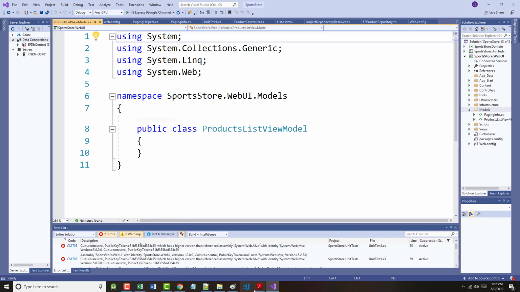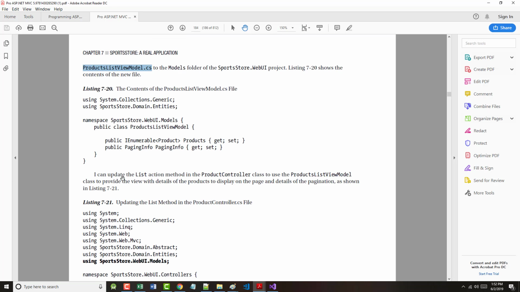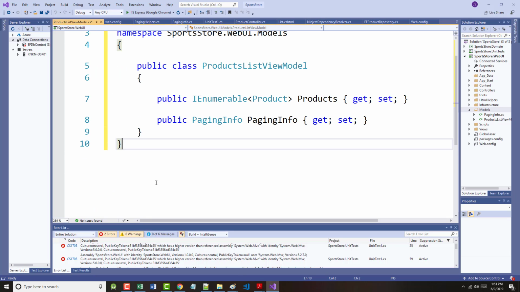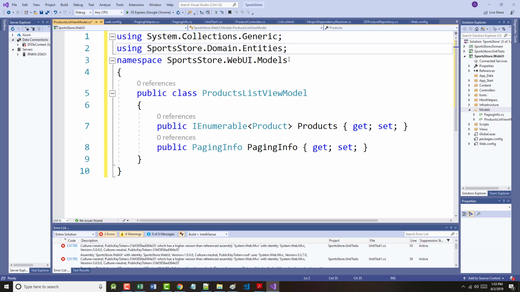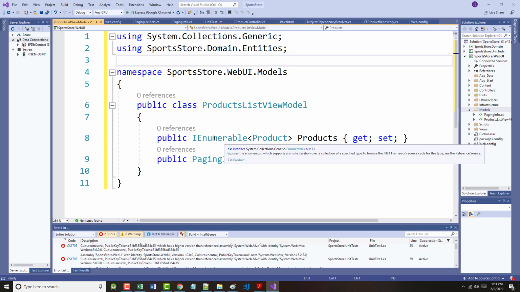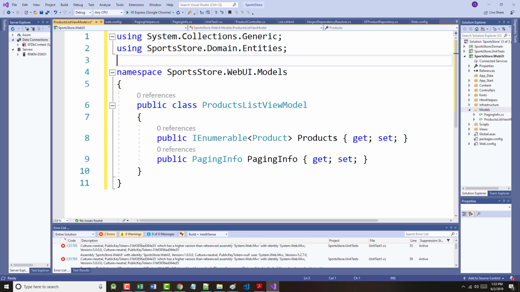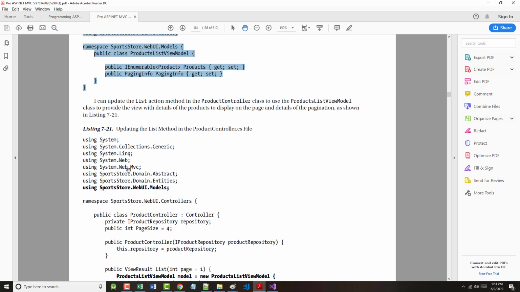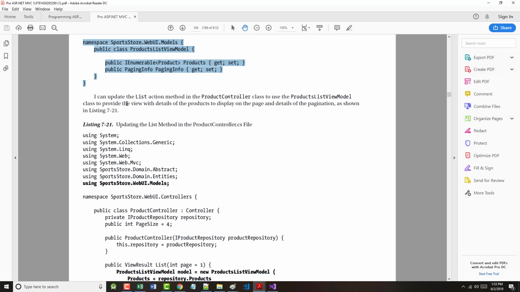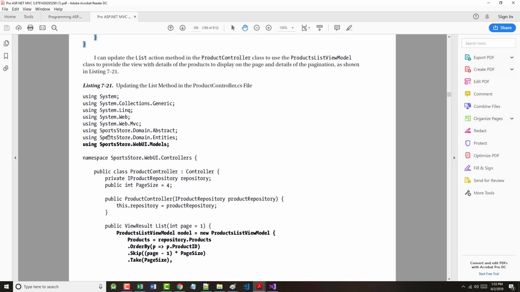All right, so that has now been added. They want us to change it so that it looks like this. And what do we have here? An IEnumerable to give us our products, and this for our page info. Okay. I can update the list action method to provide the details that we have to use. So